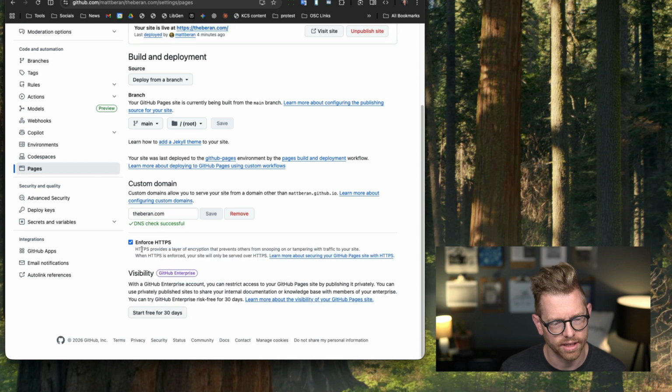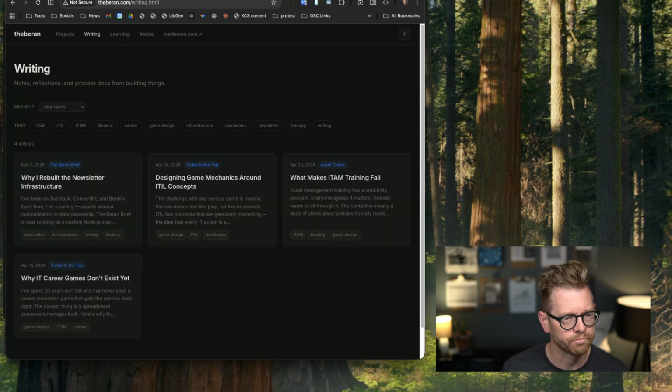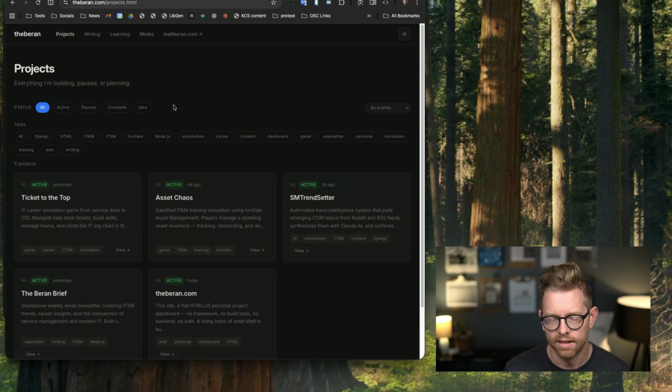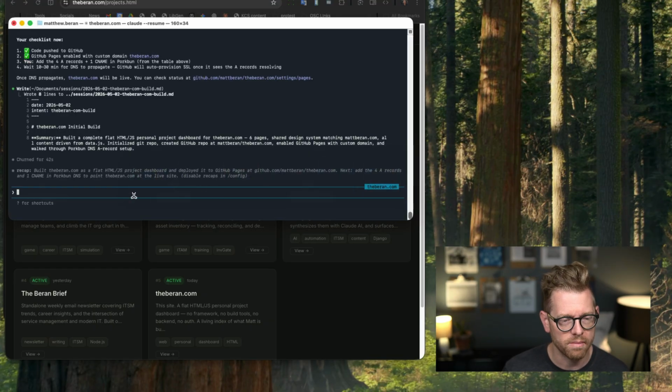There, it checked it, and it's enforcing HTTPS. Now if I do a quick refresh, boom, secure. It's using the HTTPS version. Already live. Look at how fast that is. I mean, how many minutes did that take? Not even that many. And now if I want to make changes, I can just tell it